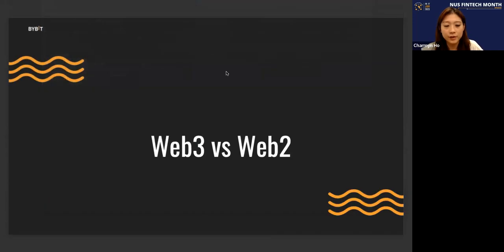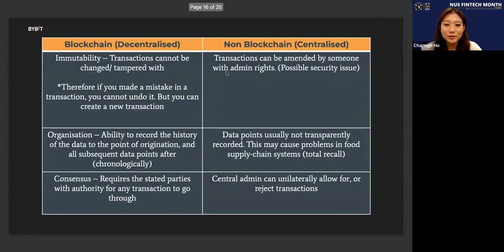So just to give you an example, imagine you go into NTUC and you buy a cabbage, and you go home, you eat the cabbage, and you die because the cabbage is poisonous. So in this scenario, NTUC would likely do a total recall on anything and everything that touched any of the components of the supply chain that the cabbage went through. And you see, this is very inefficient and it's a waste of food and resources. So this scenario is an example of a non-blockchain, since it's not transparent and points of contact are not recorded in chronological order.